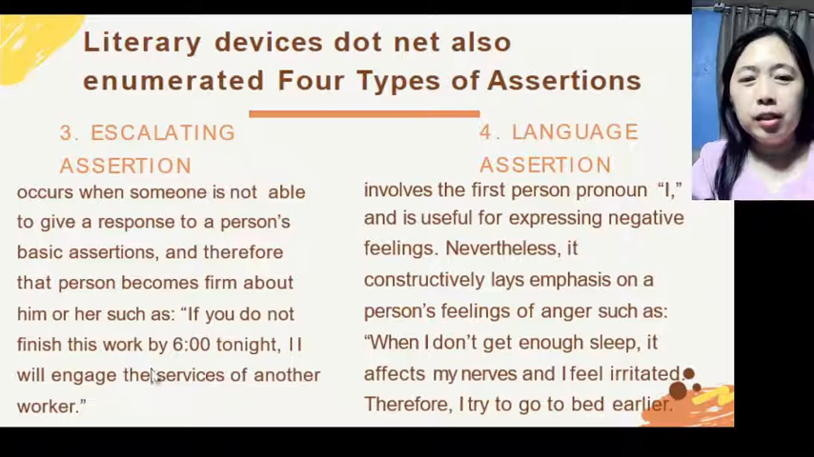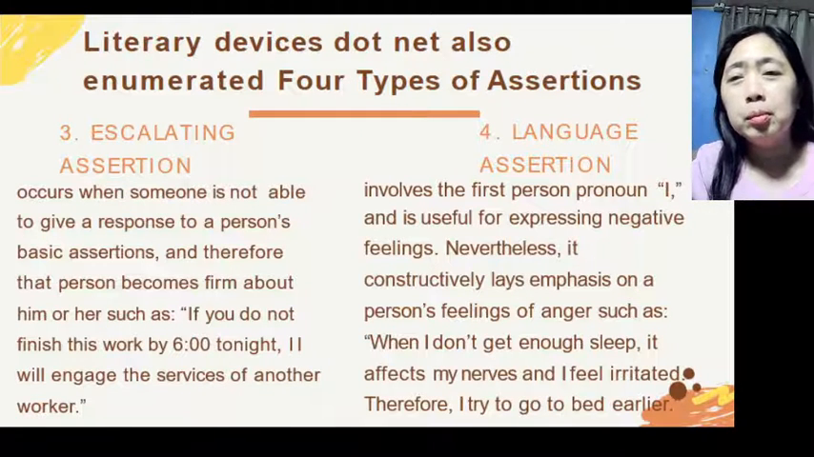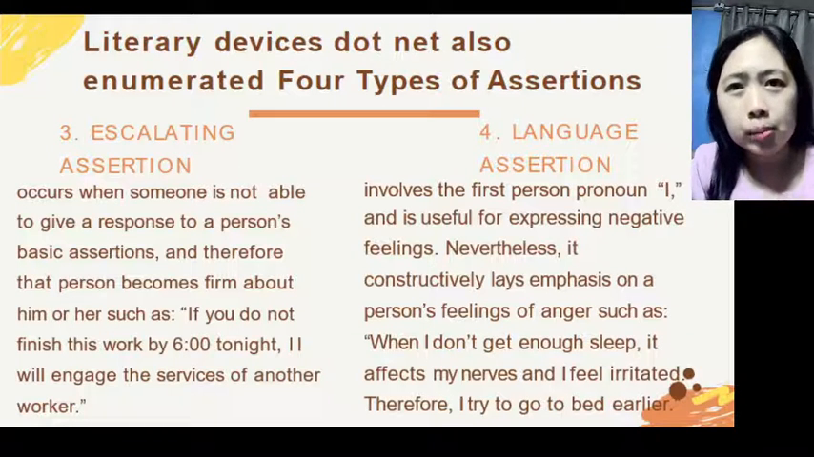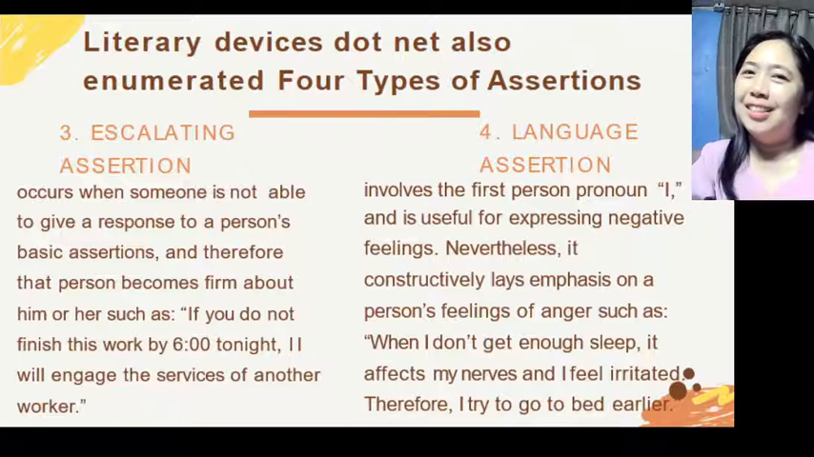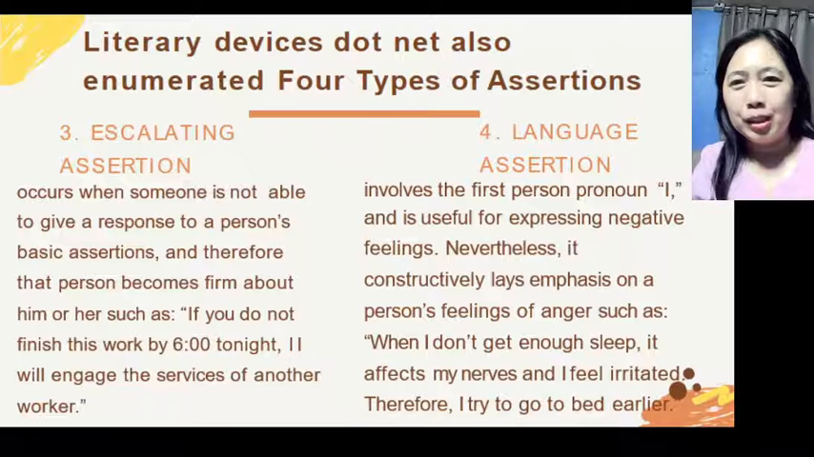If you do not finish this work by 6 tonight, I will engage the services of another worker. Ma'am, if dili ni masulbad nga problema, if dili matarong ang grado sa akong anak, ako na jud ning iadto sa principal's office. Kuyawan sa ta. Okay. Last, another type of assertion according to the